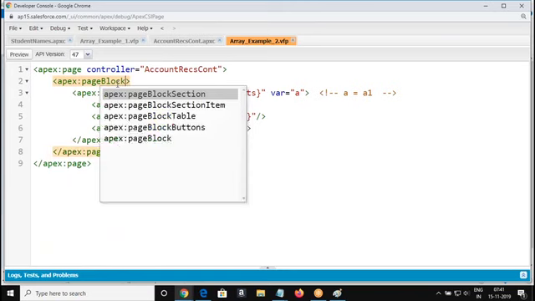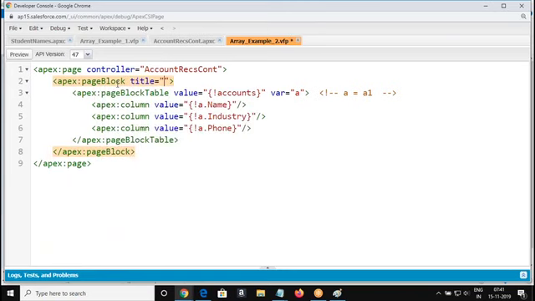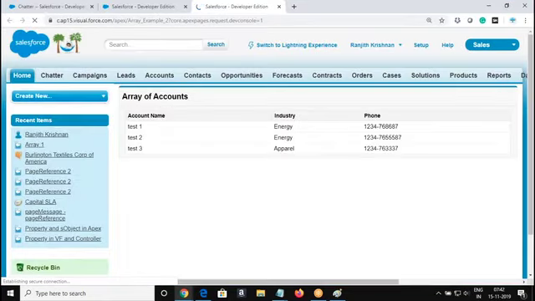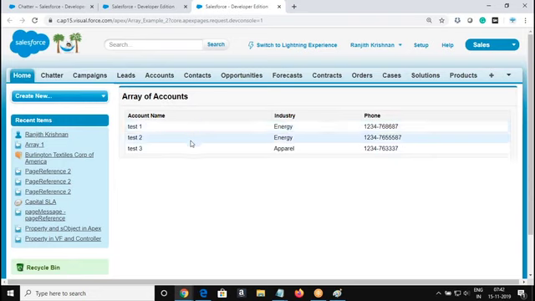So the array of accounts: we get the values like this. You get a highlighted background, a highlighted cursor showing every row, because we used page block table, which gives a standard look and feel.